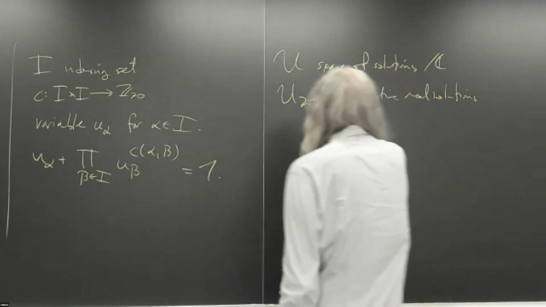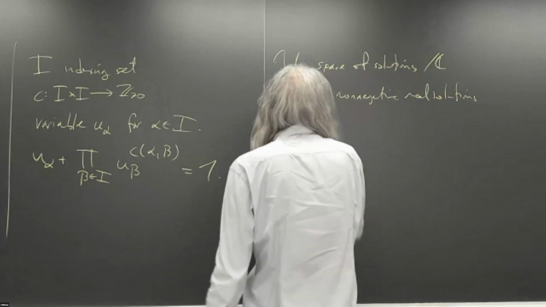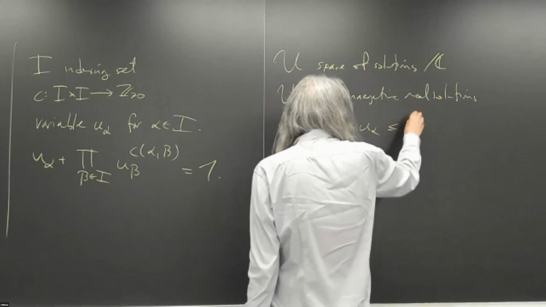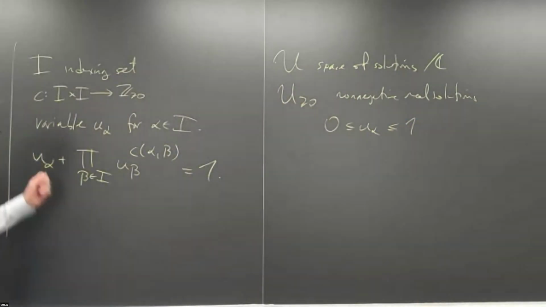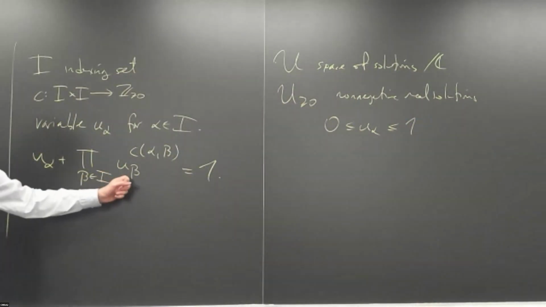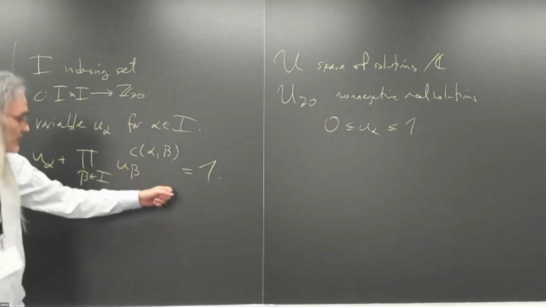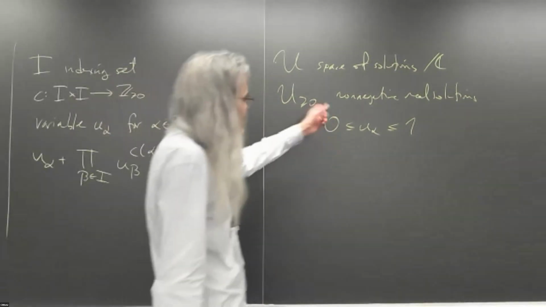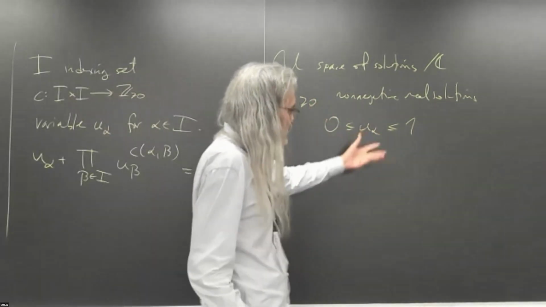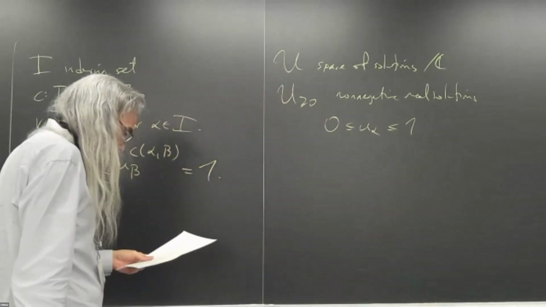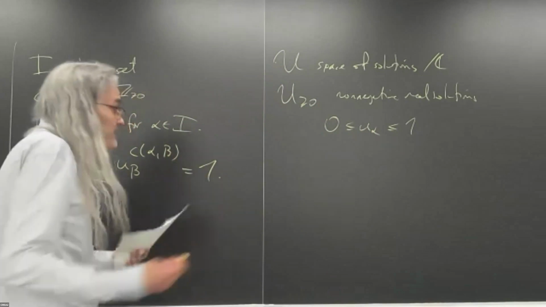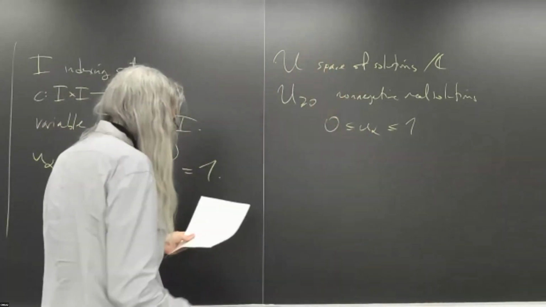And so notice that if all the U alphas are real and non-negative, then they're all going to be less than or equal to 1, right? Because this term is going to be non-negative, and so something non-negative added to U alpha is supposed to give me 1, so U alpha is in fact going to be between 0 and 1. So we're going to be interested in situations where there are families of solutions,